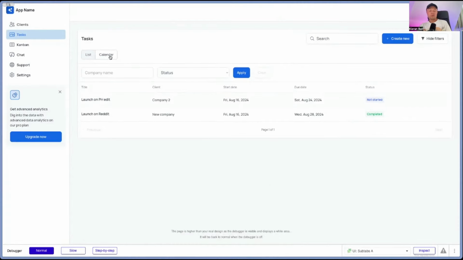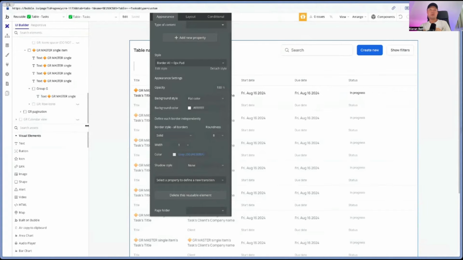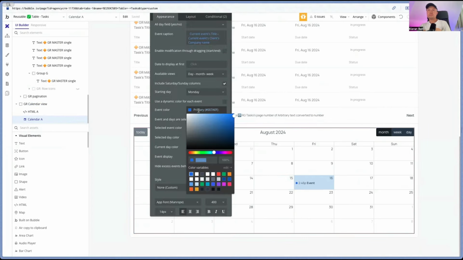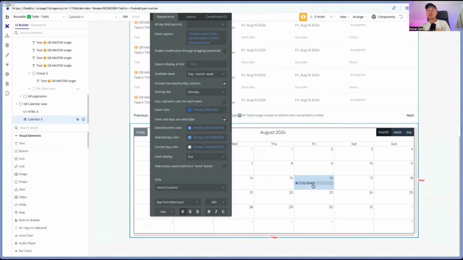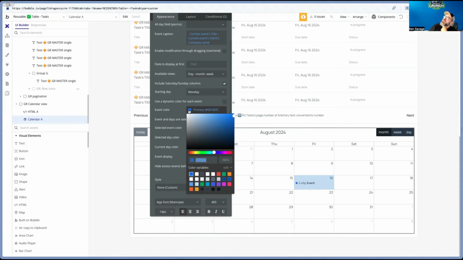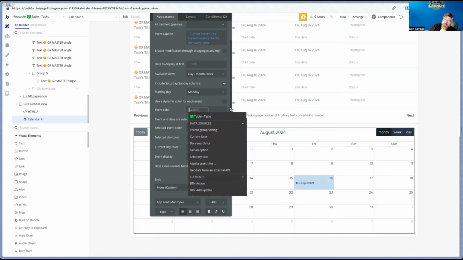And then I don't know if you in the calendar view, yeah, you can make the event color dynamic as well. So you could have the event color different based on the status of that task. So if I do status in progress, yeah, so I could do